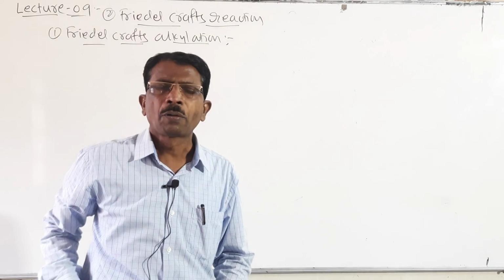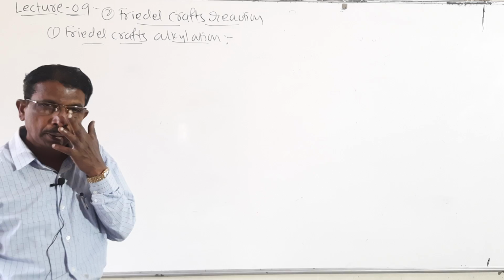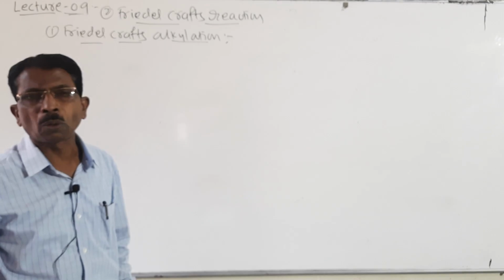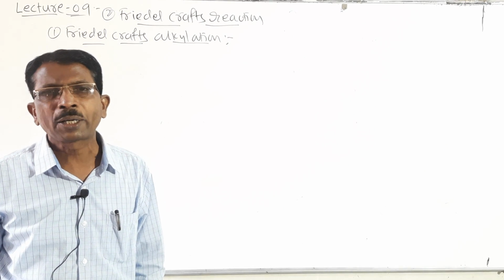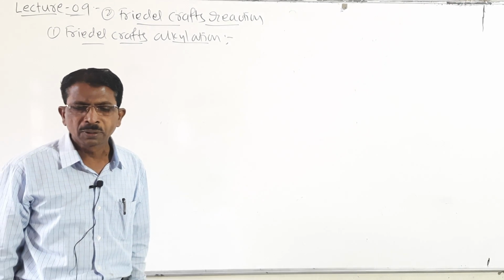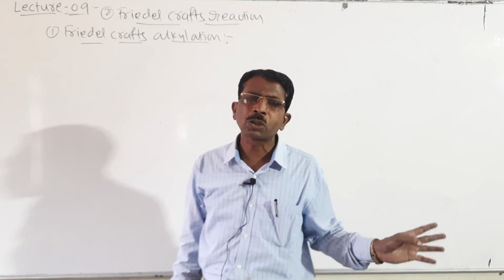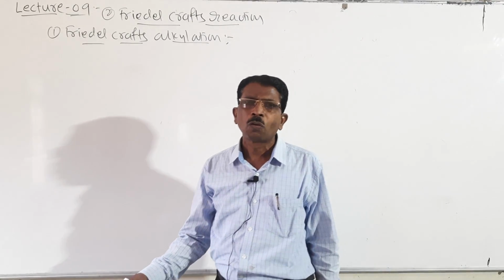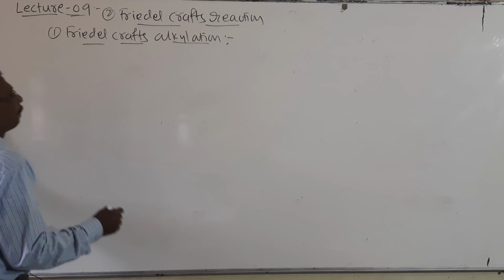Look here students, Friedel-Crafts alkylation. So what happens here? When anisole is treated with methyl chloride in presence of anhydrous aluminum chloride, it again gives ortho and para product, that is called 2-methoxytoluene, and another one is 4-methoxytoluene. So here I will write the example.